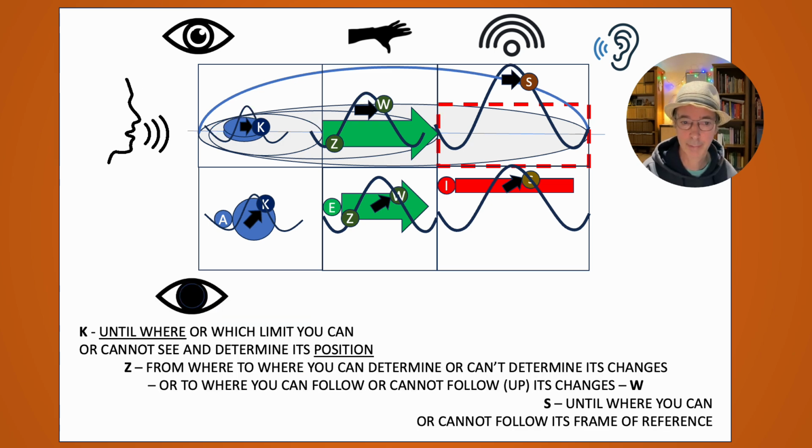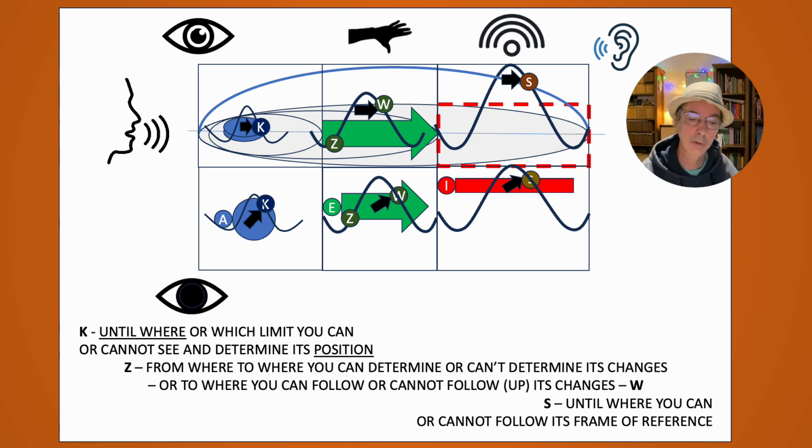The best way to explain them is that it reaches the border of what I see. It is not just the limits, it's also that if I would continue to go in a direction that I don't see, I'm going in the wrong direction. It's a part where I don't see, so it's a limit on what I can see. So K is until where, or which limit, I can see, and also the part where I cannot see and where I can determine its position. Beyond that, I can no longer determine its position.